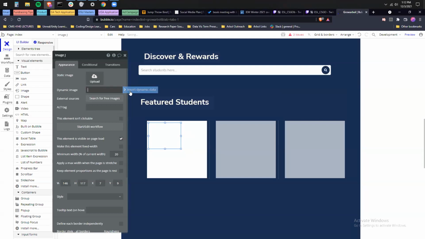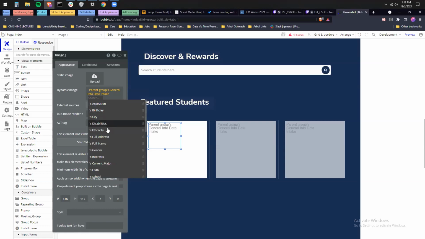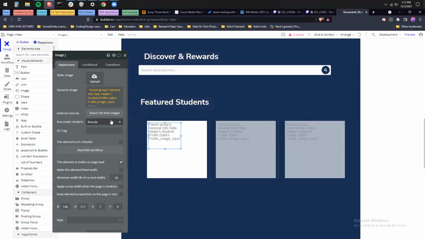Yep, and then insert dynamic data, and it'll be parent group's general info. Yep, and then you want their student and then their picture. Okay.